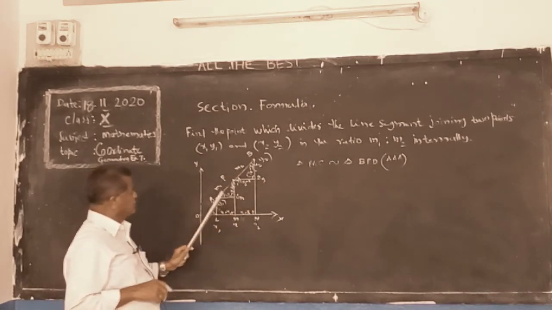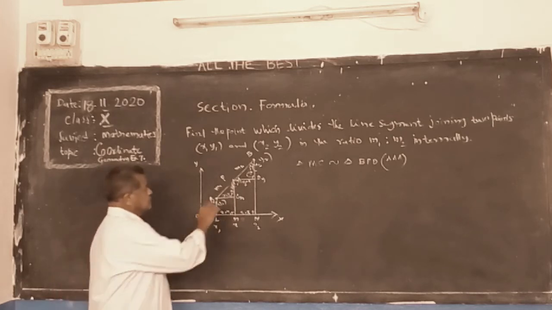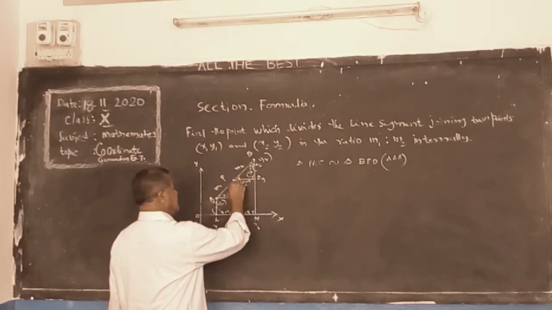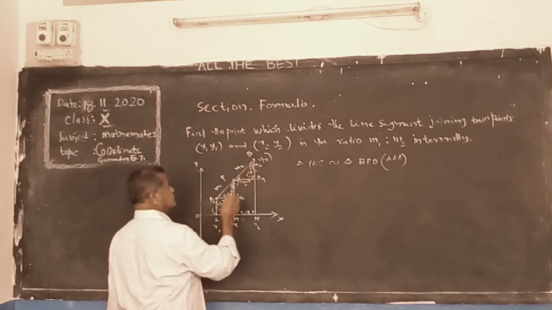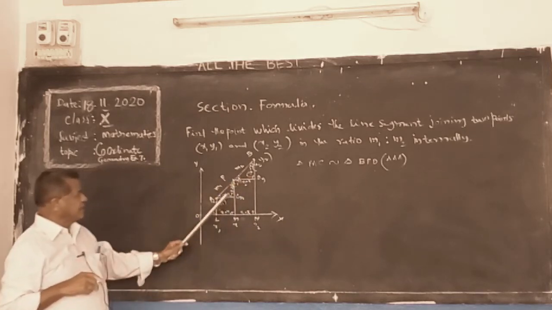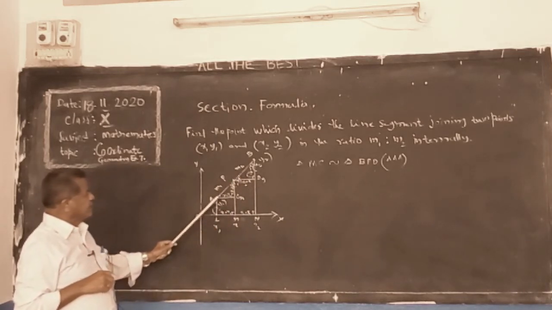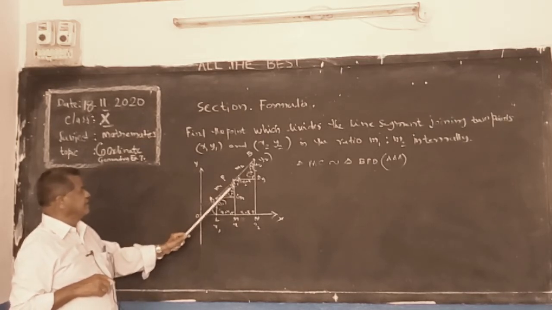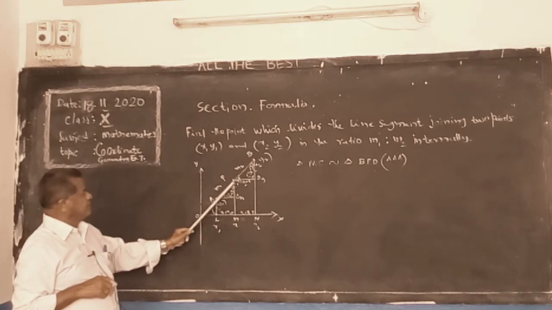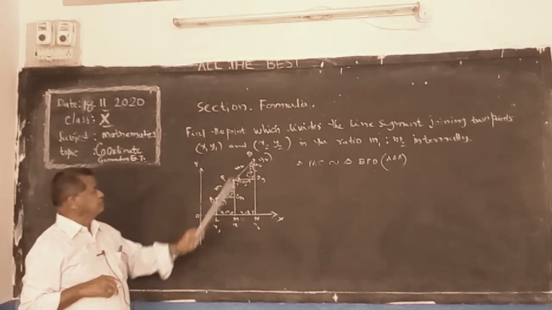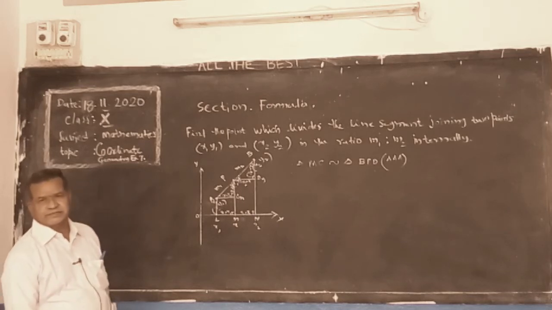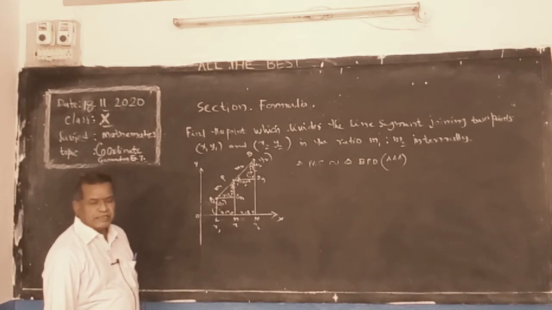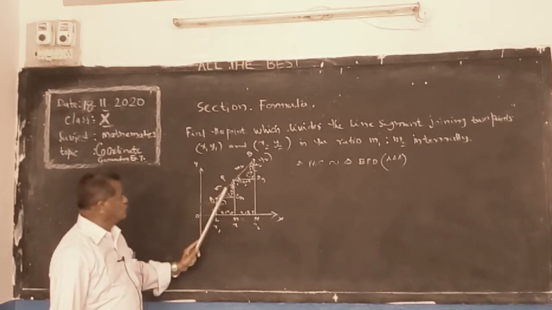Now when they are similar, how are they similar? Corresponding angles are equal. This angle is equal to this angle, and this angle is equal to this angle. First angle is 90 degrees. Angle C equals angle D, angle A equals angle P, and angle P equals angle B, corresponding angles. If three angles of a triangle are respectively equal, then they are said to be similar.